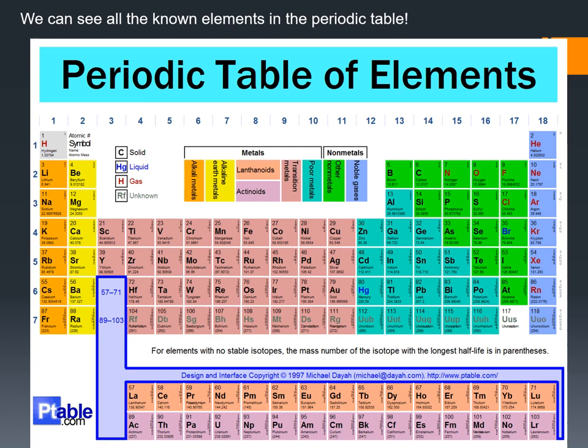So for example, you've got hydrogen, helium, lithium, beryllium, boron, carbon, nitrogen, oxygen, fluorine, neon, and so on. Scientists have put these atoms, these elements, into a table so that they can demonstrate similar properties. That's all I'll say. We don't really need to know the periodic table, but that's just what they're